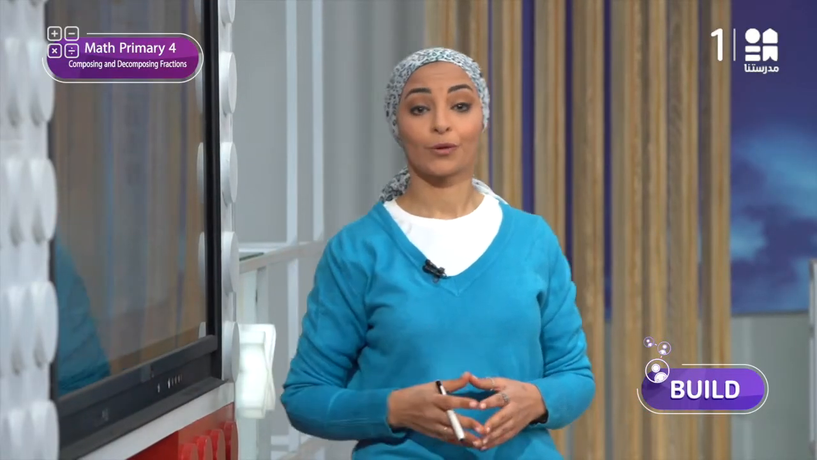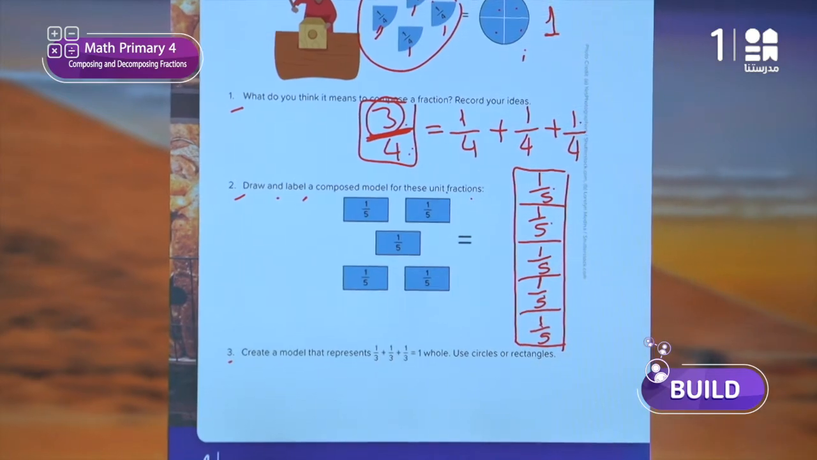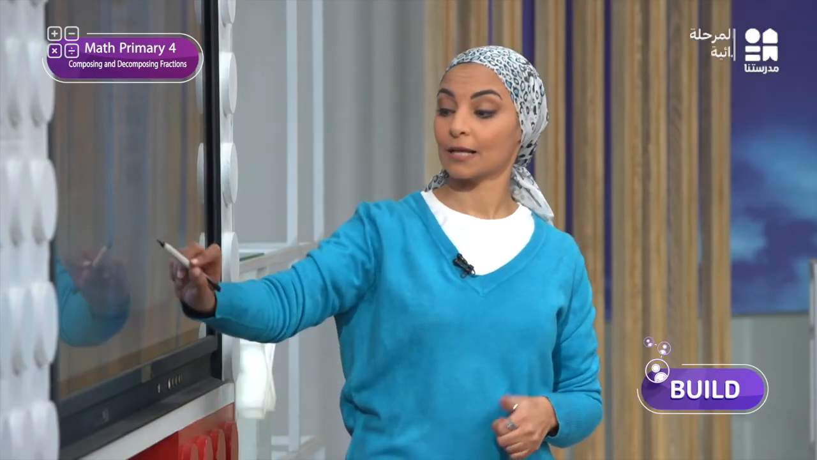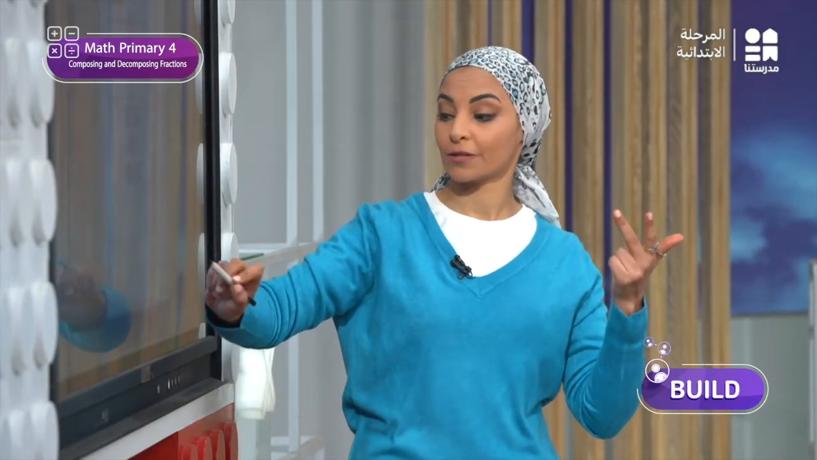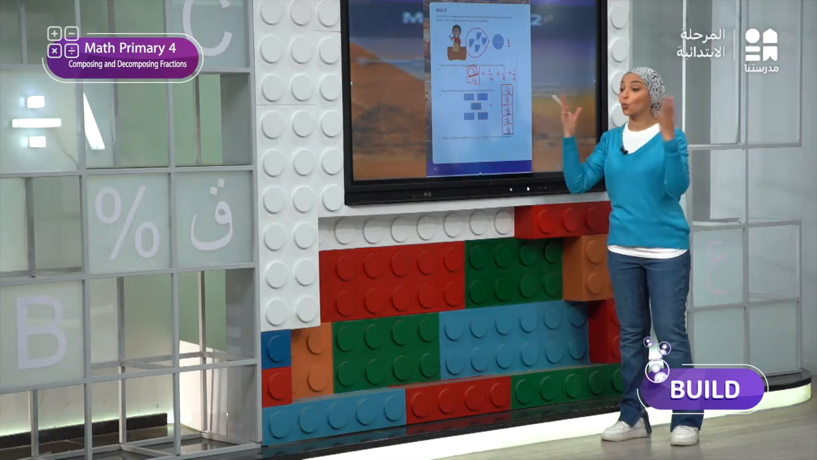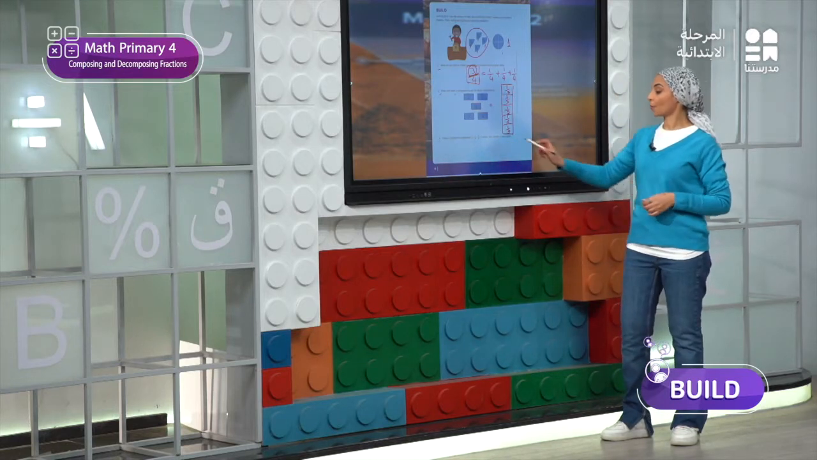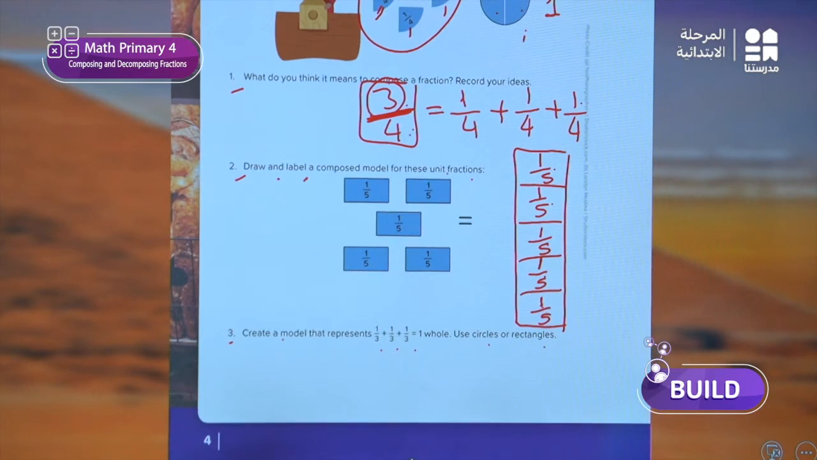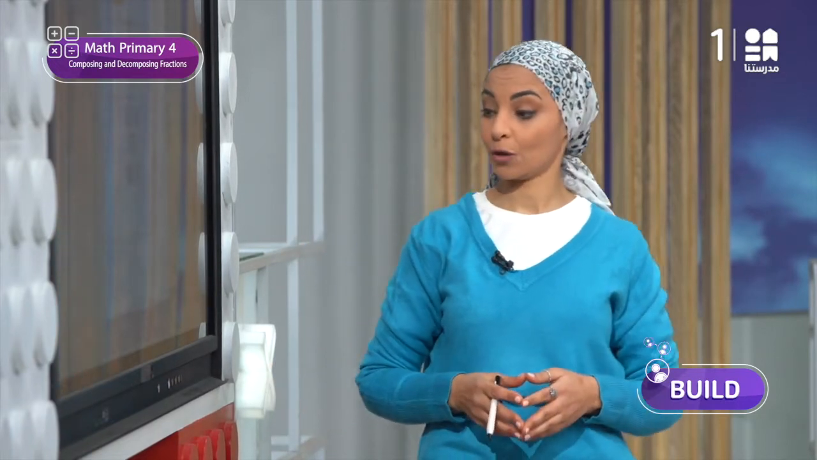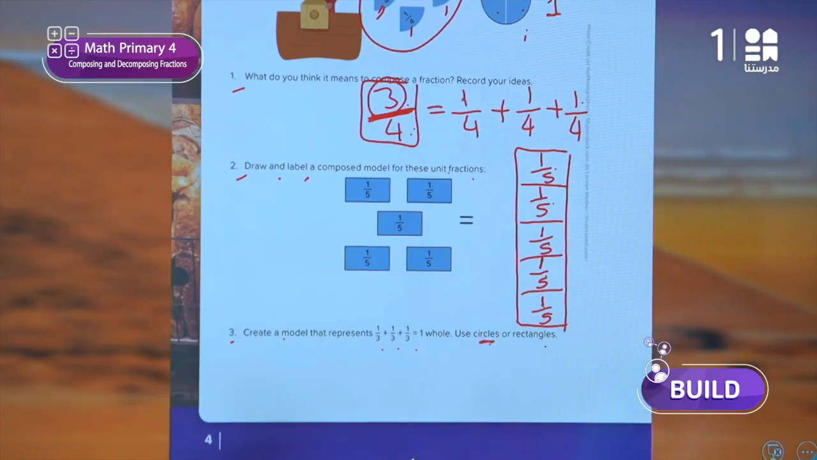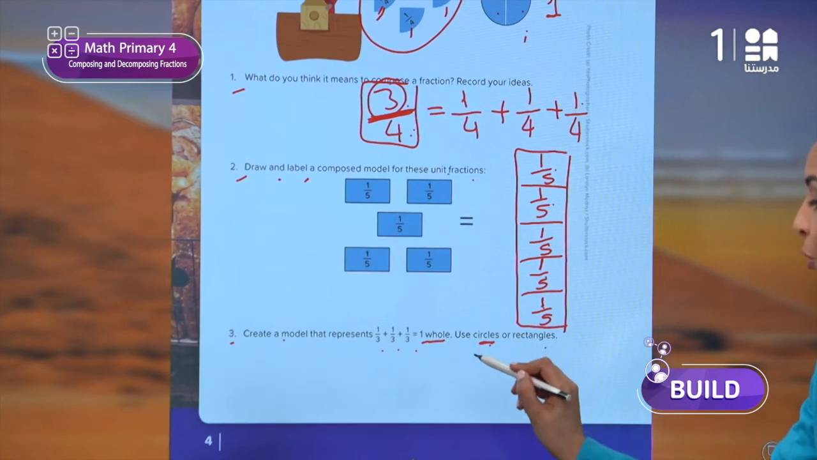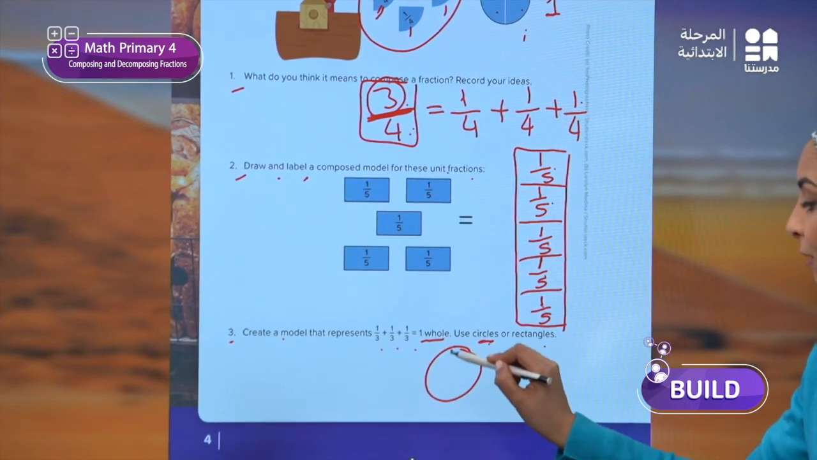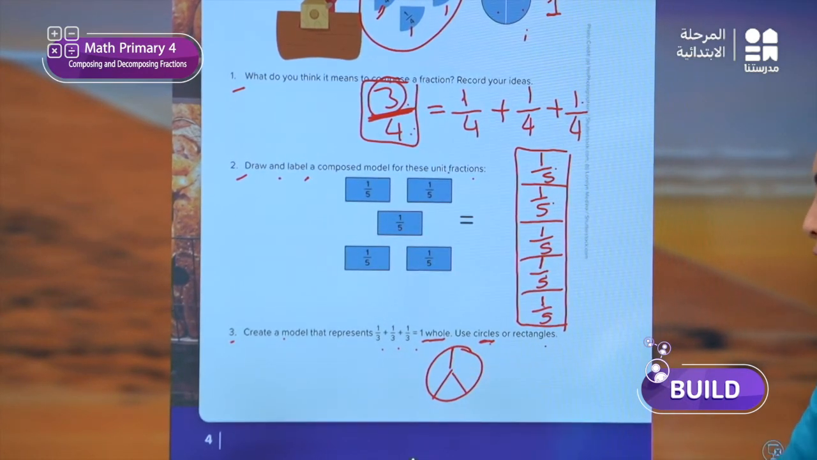Problem number 3, what does it want from me? It wants me to create a model that represents 1 over 3 plus 1 over 3 plus 1 over 3 equals one whole. I can use circles or rectangles as you wish. Now you can draw the whole circle divided into 3 equal parts. Okay, I will use circles. To draw the one whole, I need to draw a circle divided into 3 equal parts,